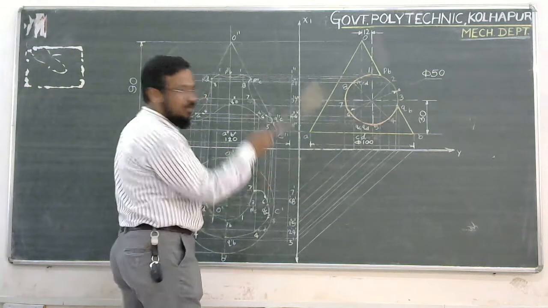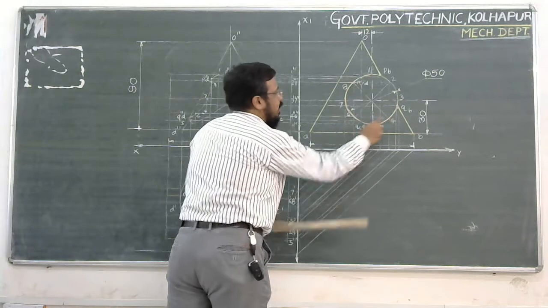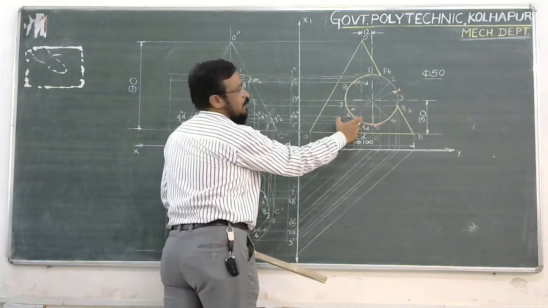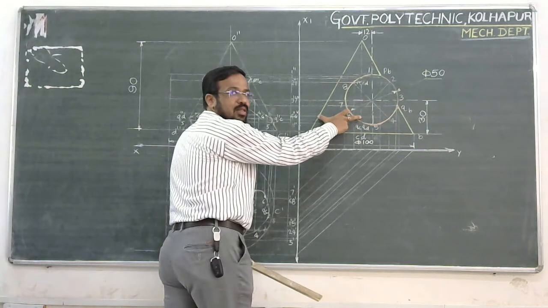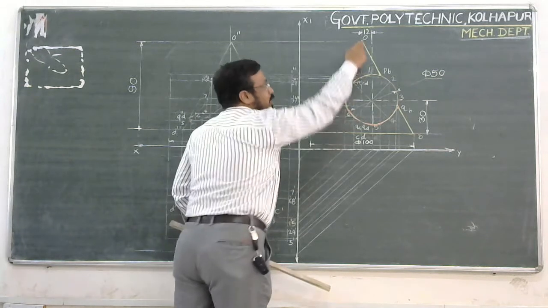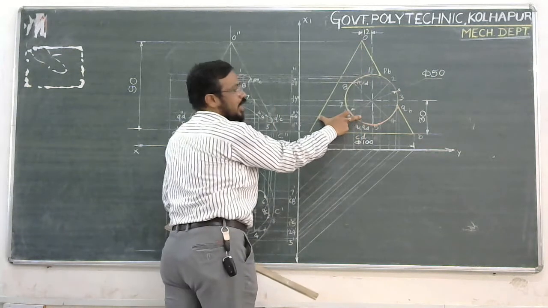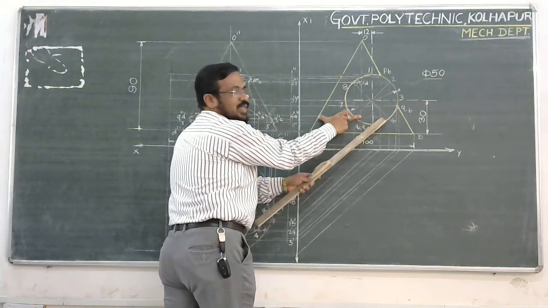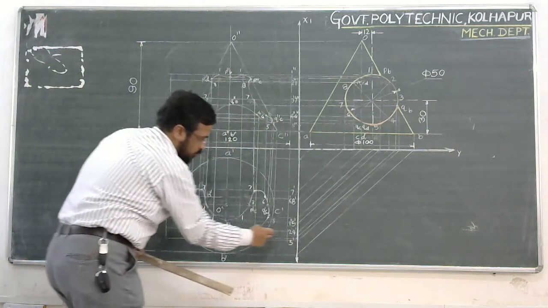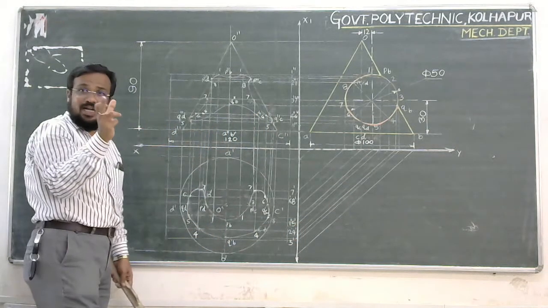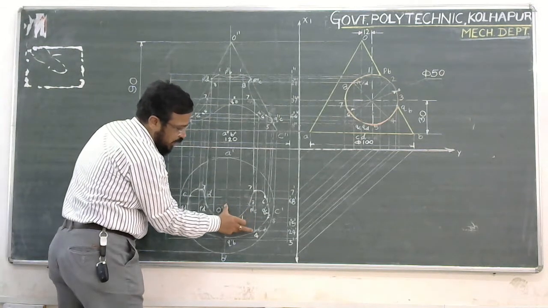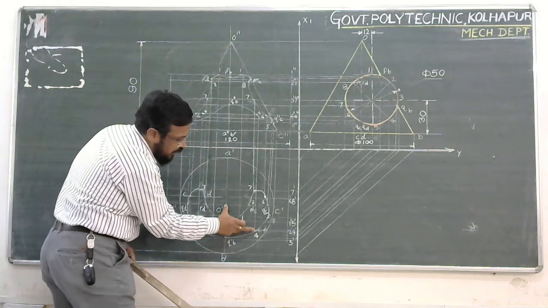Now the next is point number 4. Again for this point number 4, consider this as a reference line. Then we have to take the distance. The distance is from the axis of the cone to this end generator. So remember, this is the distance between the axis of the cone and the end generator on this point 4's reference line. This distance I will project to this point 4's projector which is projected backwards. Again, what will be the center? Center is O, on the line which is projected from this point number 4. You have to cut the arc here.